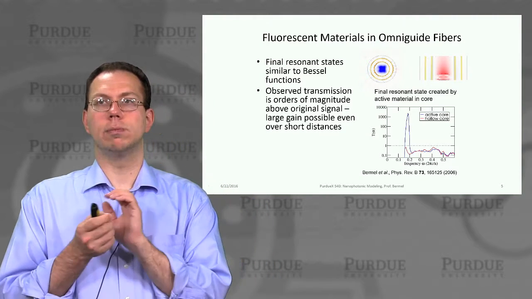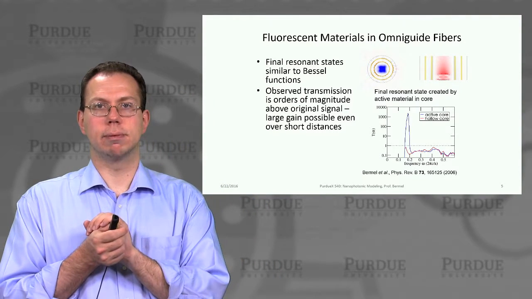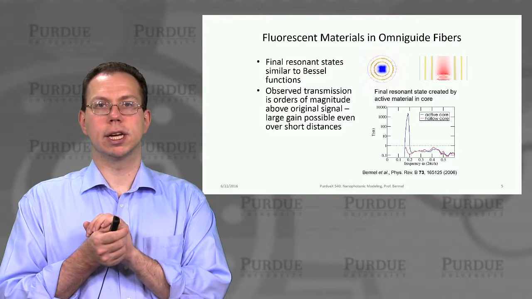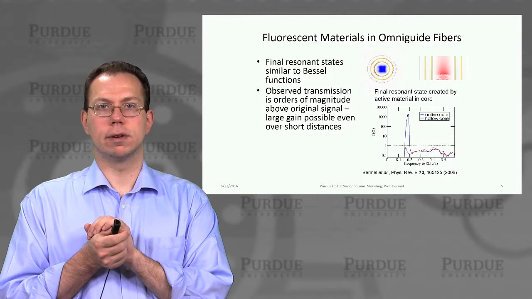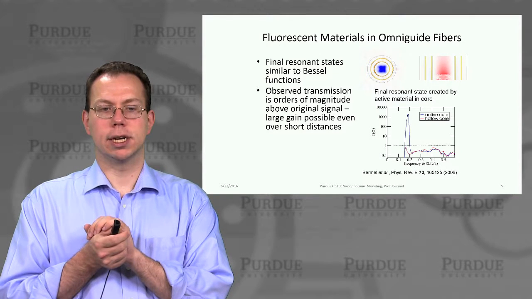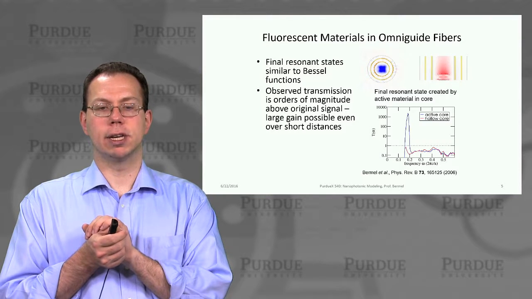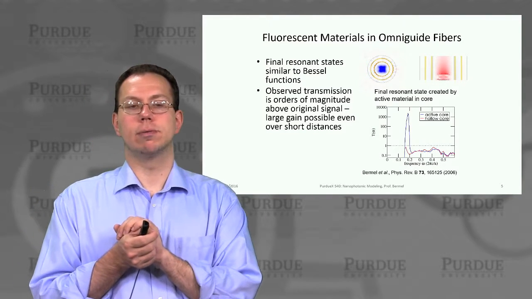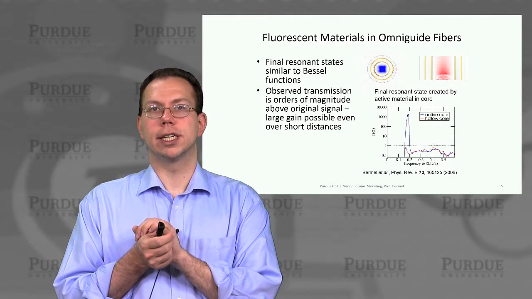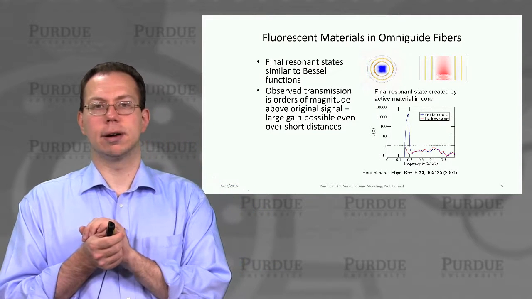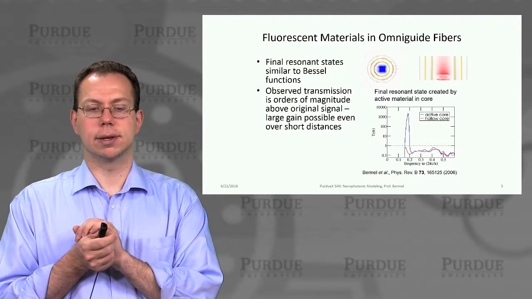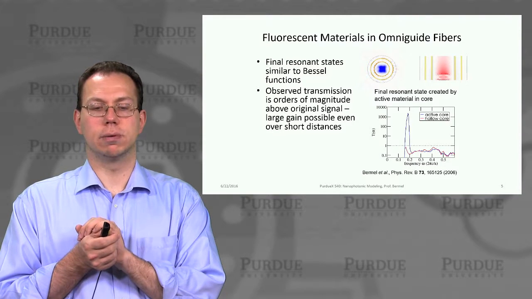As you may or may not know, fiber lasers are becoming an increasingly common form of laser, because they have both relatively reasonable cost and the ability to get very high performance. But there hasn't been as much work on generating lasers inside of OmniGuide fibers, though there has been some related work on generating fluorescence and then capturing the fluorescence in OmniGuide fibers. So this is illustrating some of that potential for future work.